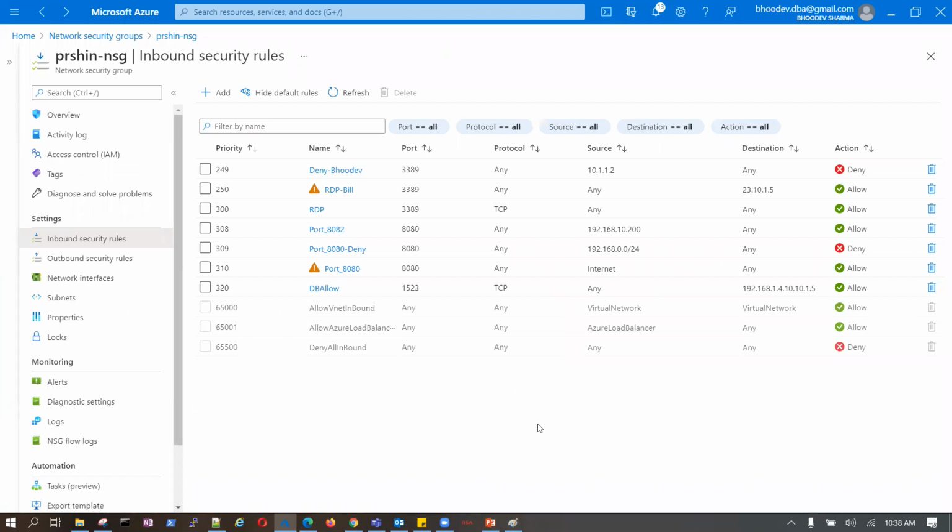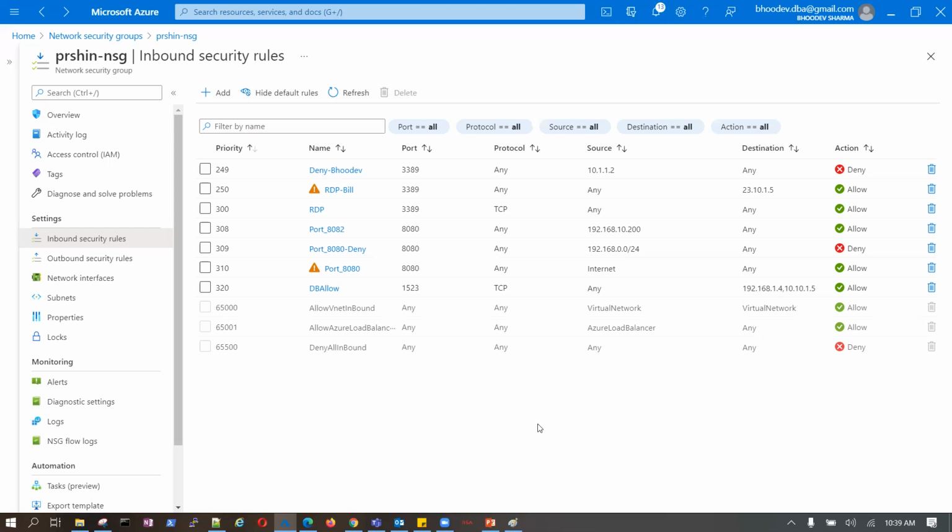And that should be before or after? I think we can do that. The priority should be lower than the deny policy. Which rule is that? 308. 308 is allow.